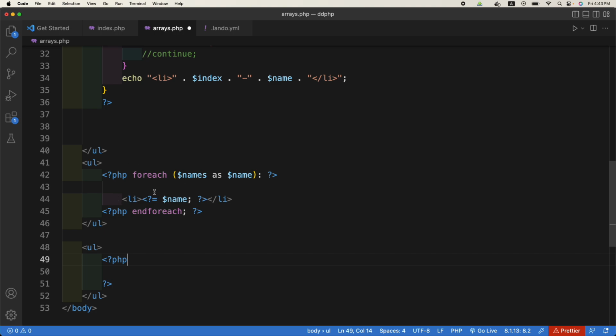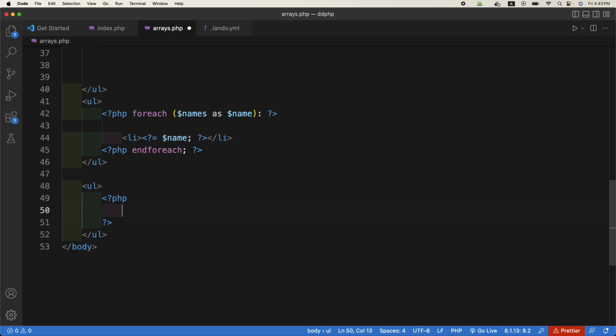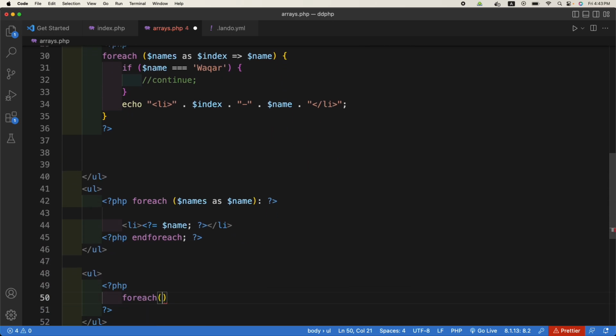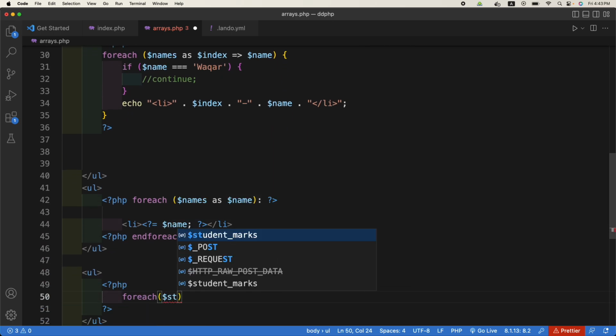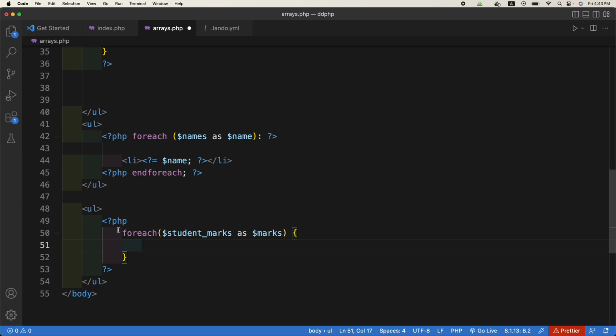Whichever method you like, you can do it. Let us do it this way first. So foreach, the name of the array is student_marks, student_marks as, for example, marks, and then opening and closing. So foreach student_marks as marks,